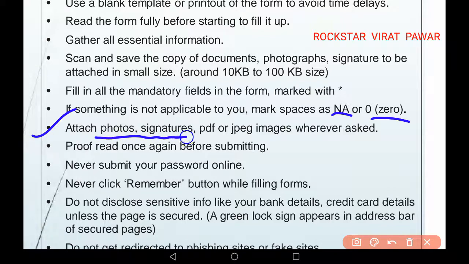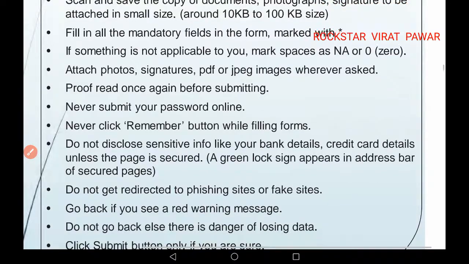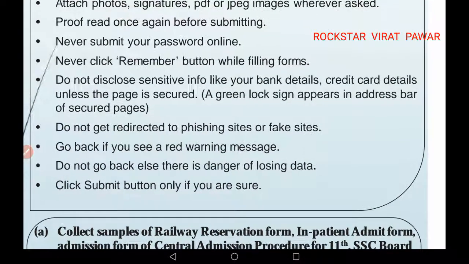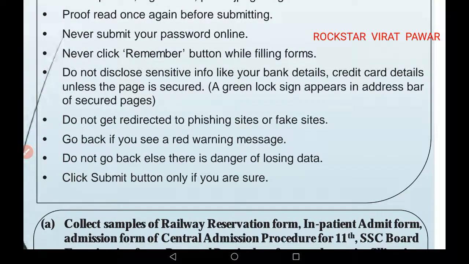Attach photos, signatures, PDF or JPG images wherever asked. Proofread once again before submitting. You should proofread your information before submitting. Never submit your password online.